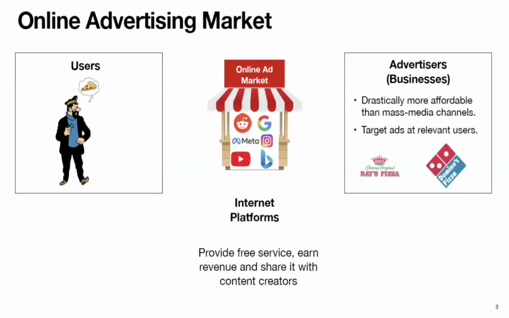and that'll be the focus of this work. So as I said, this is not just for sponsored search, but pretty much any online platform. If you go as a bidder, you need bidding tools. You have some budget to spend in hand, a few dollars. Let's say you start with $50 a day, and how should you spend it optimally? I want the maximum bang per buck. You go to the platform and say, I have $50, do whatever you can, give me the best you can. And what should the platform do? This has really caught on with advertisers because it is much more affordable than mass media channels, just with pennies many times, and you can start with $10 a day, and it is much more measurable. You provide free service to end users, and you earn revenue and share it, YouTube does it,